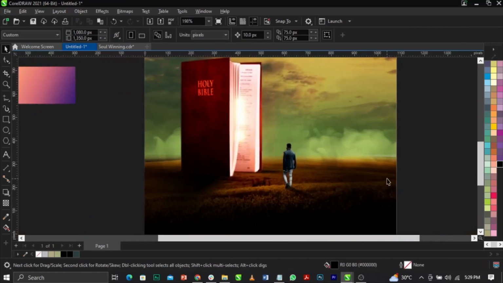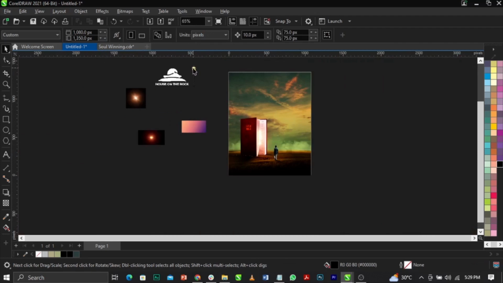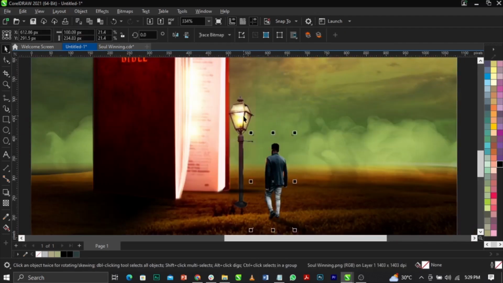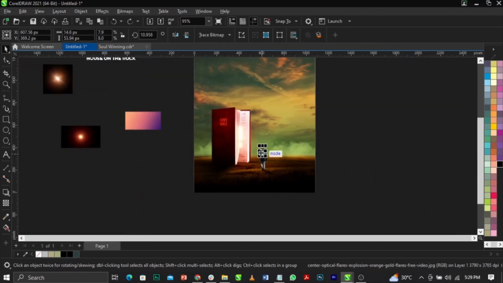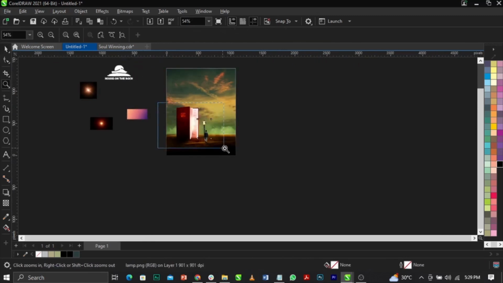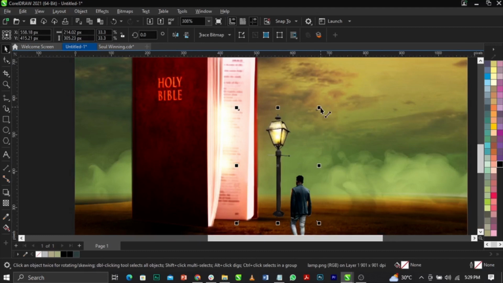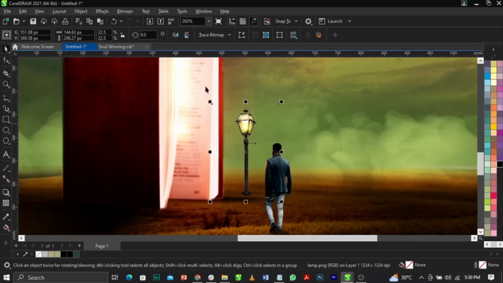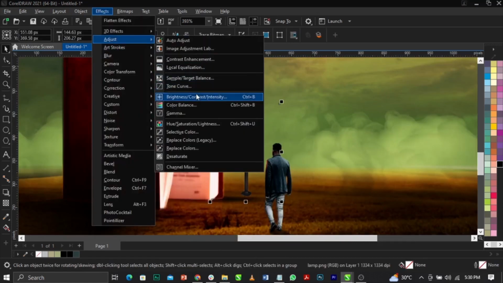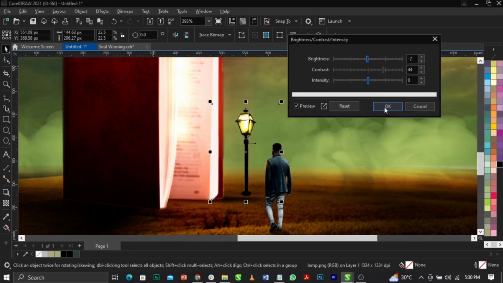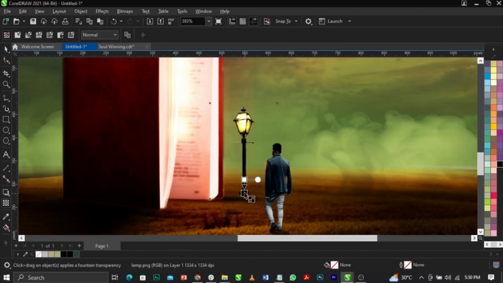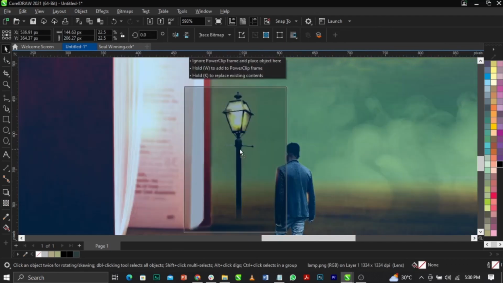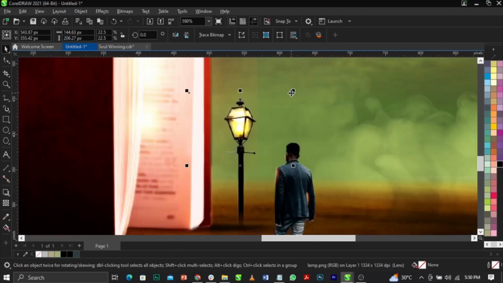So the next thing I'm gonna do is bring in this and place it just right here. Alright, so we're gonna place this one over here. And next thing we're going to do is reduce it. Bring it just right here. Once we do that, I'm going to go to Effects, select Adjust, go to Brightness and Contrast. Alright, click on OK. You can leave that to 44 as contrast. Alright, so select the transparency to fade out this down here and make sure it is faded to the background this way. Alright, so once you do that,